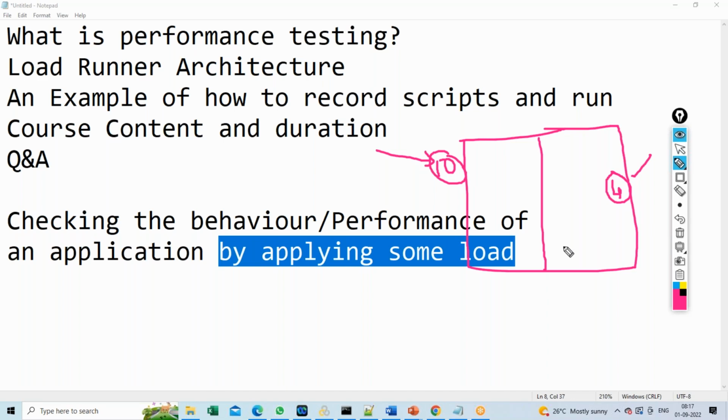So when you test any application or website, you have to test its performance by applying some load. Load means some number of users. Like I told you, if you want to check the performance of the lift, you cannot go and check the performance alone. You have to test the performance of the lift by applying the maximum load. Let's say the maximum load the lift can take is 10 people. So 10 people should go inside and press the 4 button and see